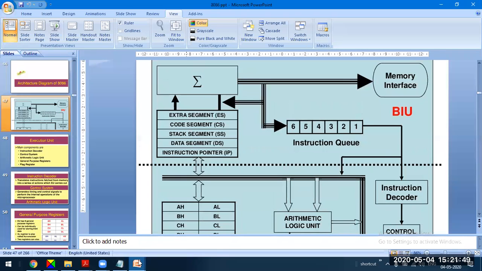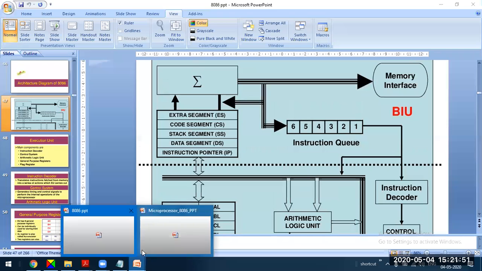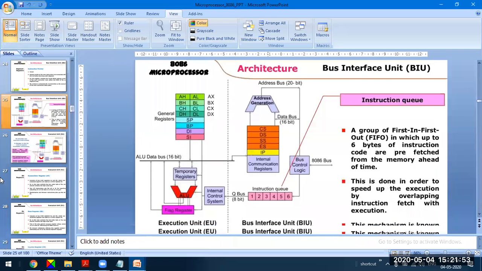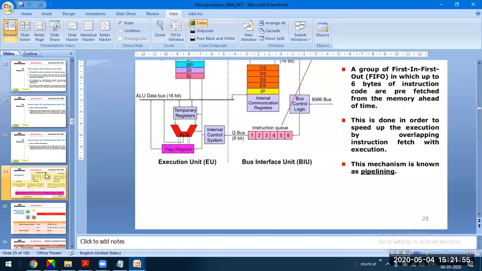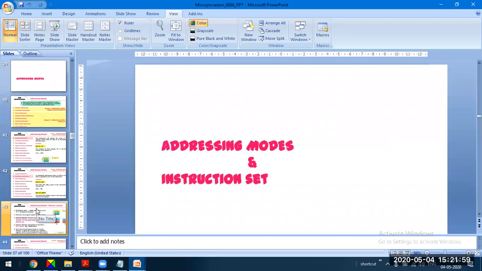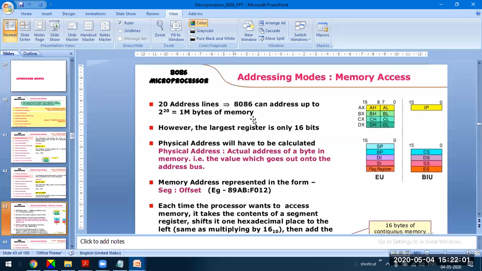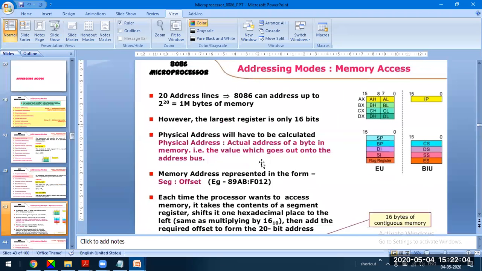So the requirement now is to generate a 20-bit address. For that, first it has to provide a 16-bit address in the segment registers. Along with that, it uses the offset address stored in the offset registers, and hence generates a 20-bit address.